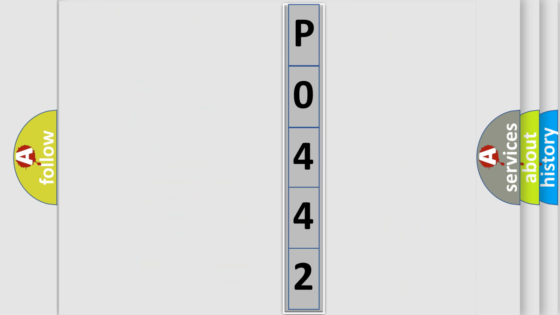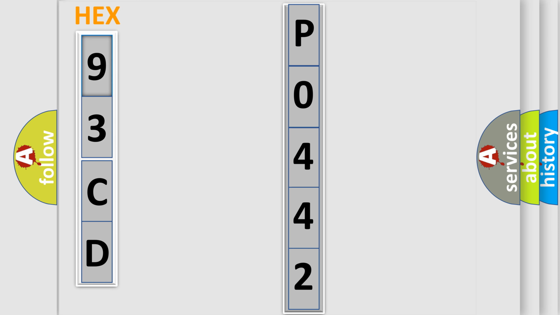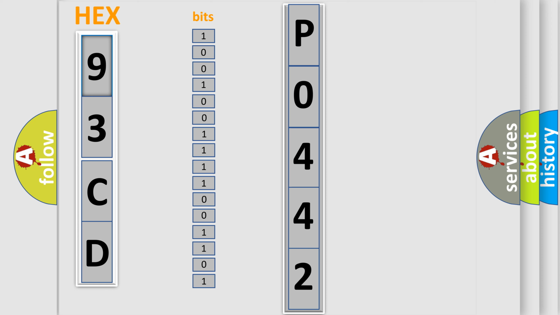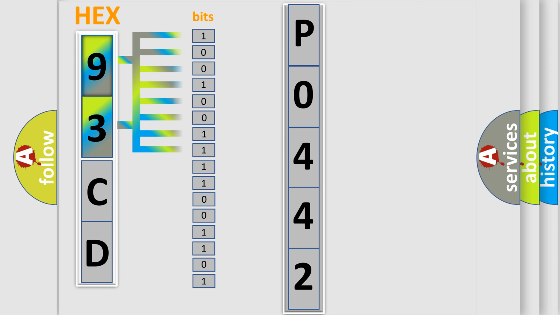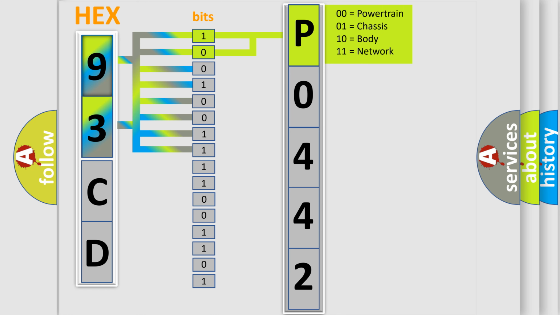expresses. So, what does the Diagnostic Trouble Code P0442 interpret specifically for Saab car manufacturers? The basic definition is tension bow opening current too high. And now this is a short description of this DTC code. If there is no signal from the micro-switch tensioner rib up, the motor for the tensioner rib will continue to run against a mechanical stop. Overload is registered and Diagnostic Trouble Code DTC